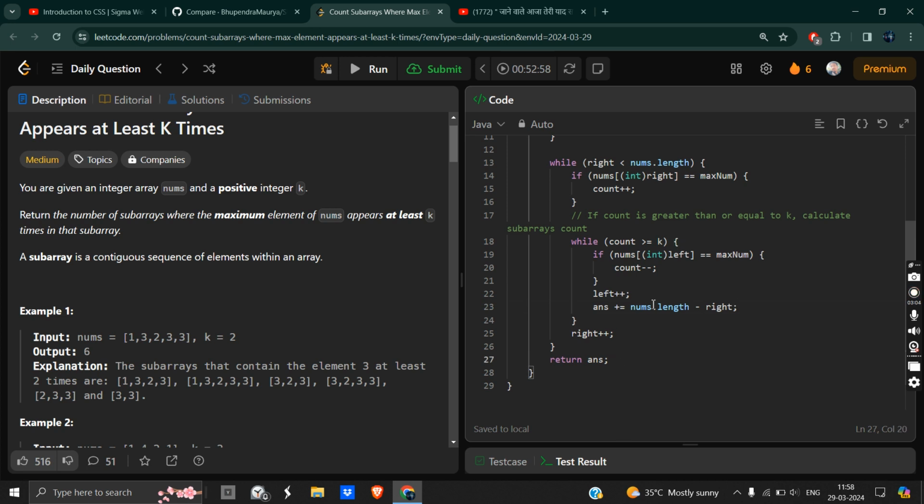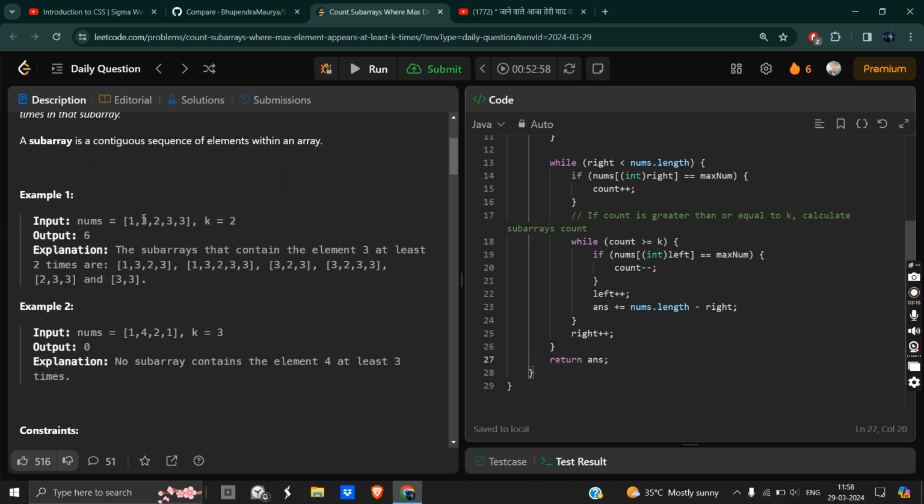Okay, so now I'm going to explain how it is working. Suppose we have reached here, 1 3 2 3, this subarray basically. Here count would be 2, the right pointer would be at index 3, and the left pointer would be at index 0.